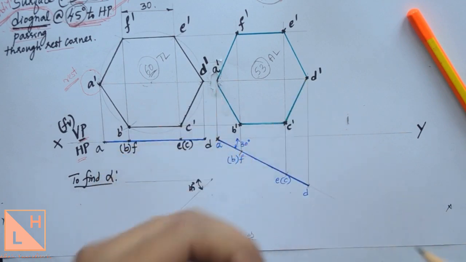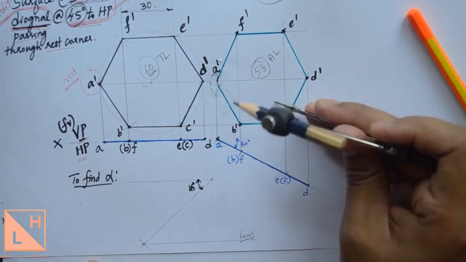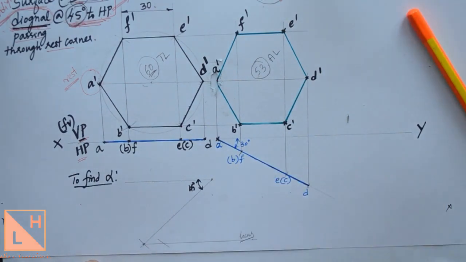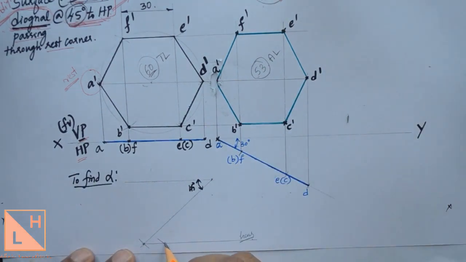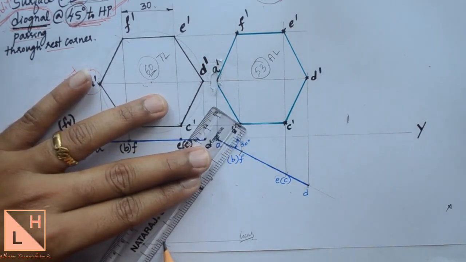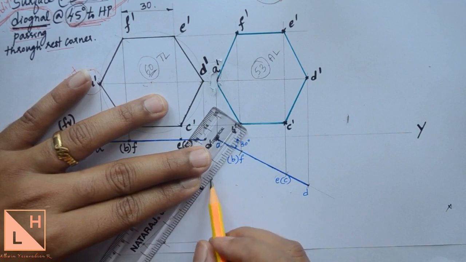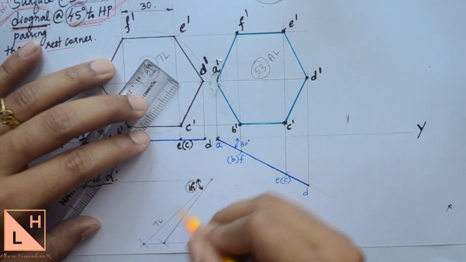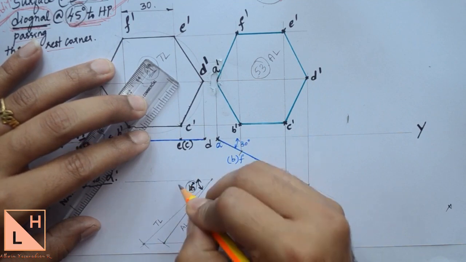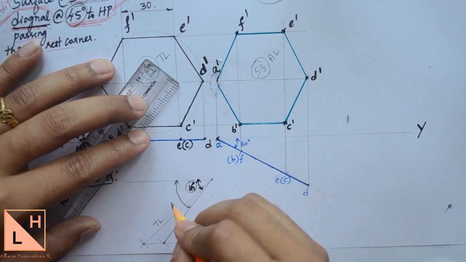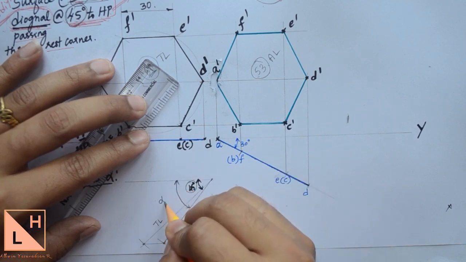right? So that is A dash to D dash in the second position, which is apparent length. Keep the compass needle here and cut one arc on this locus. So this is a new point that you obtain, and the length what you get here will be nothing but the apparent length. So here we had true length and true angle. Now we have drawn apparent length. So the angle what we get here with respect to apparent length will be the apparent angle. So in this case it is alpha.